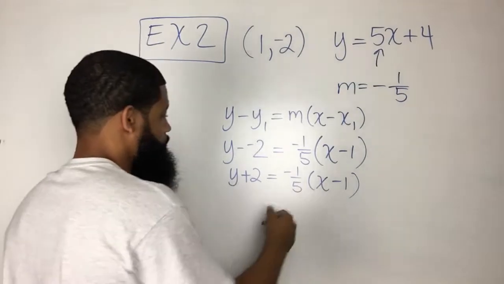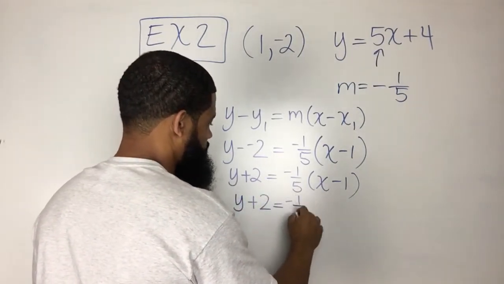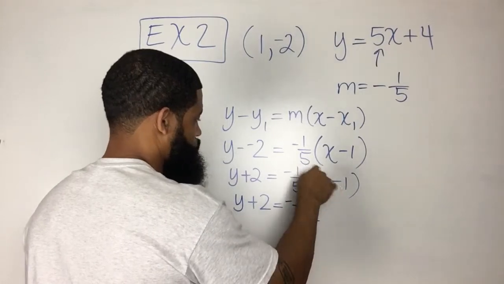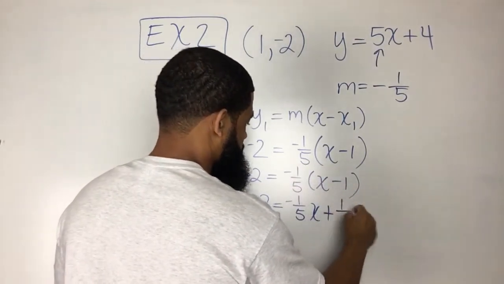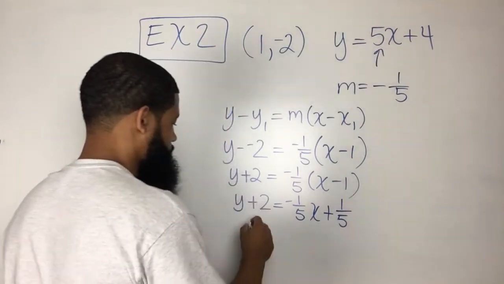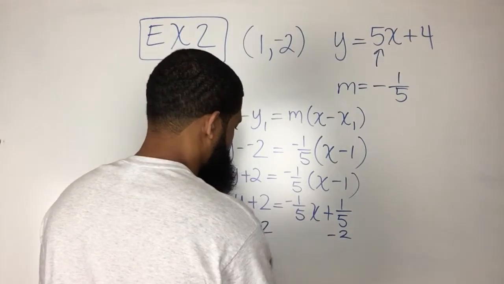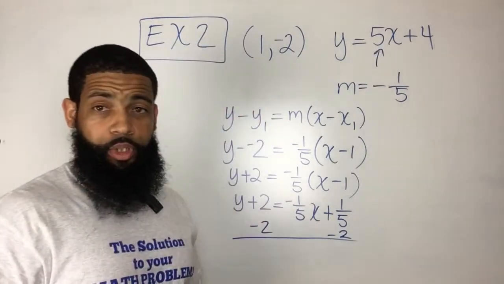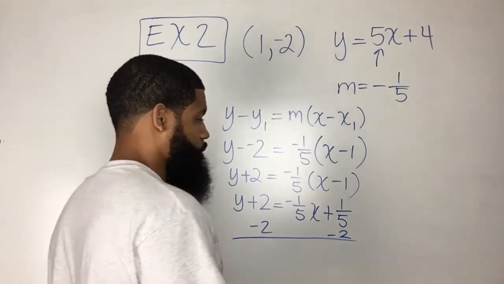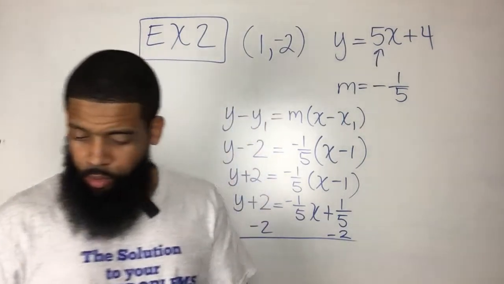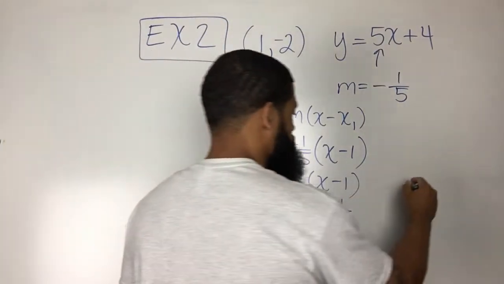All right. So now I need to distribute. Y plus 2 equals negative 1/5 x, still distributive property, plus, because the negative times a negative is positive, 1/5. And now that we have that, we need to subtract 2, subtract 2. Now, the strange part about this particular problem is I have 1/5 minus 2. Well, just kind of a sidebar, and I'll do it in a different color so that you all can see it. 1/5